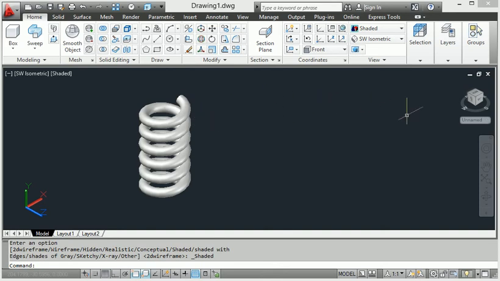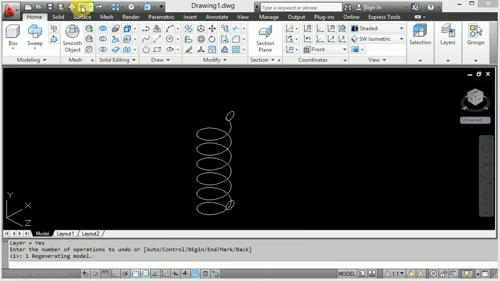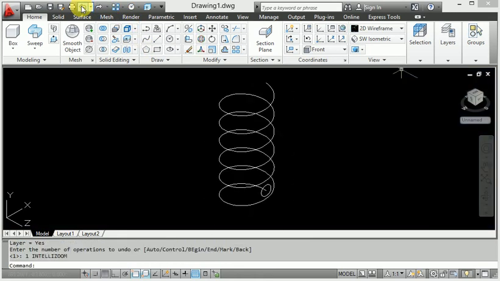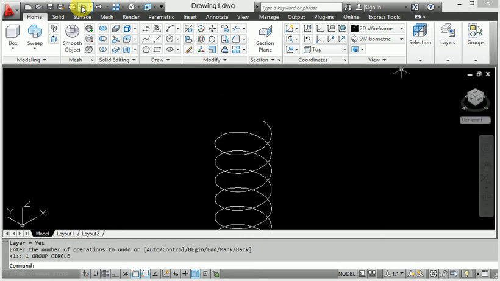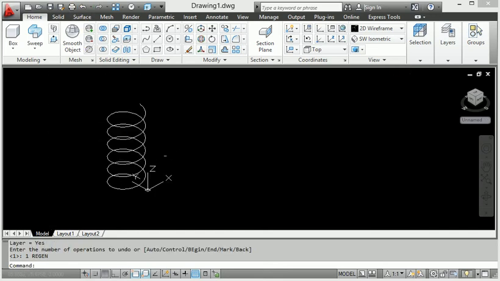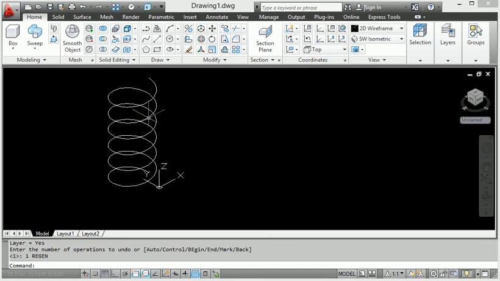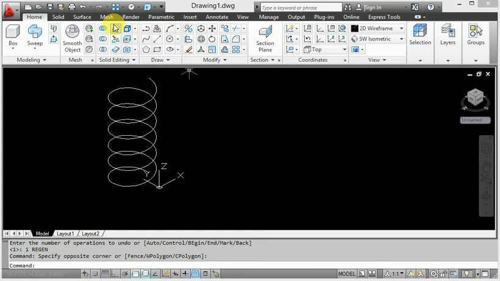First of all, click this back. This is the helix spiral, which I use from here in AutoCAD Classic. So let's get the view.